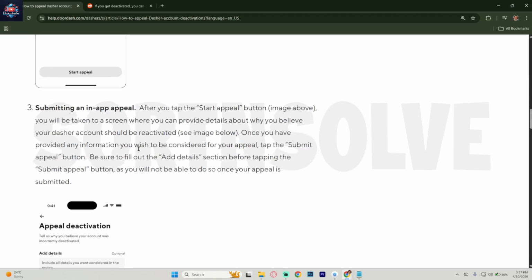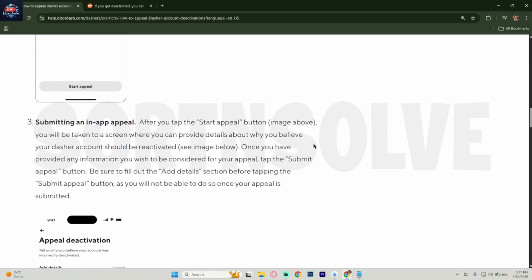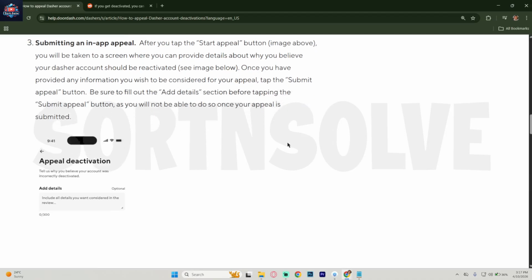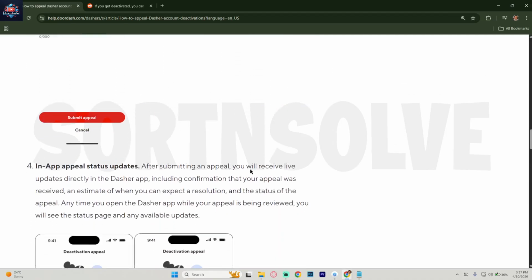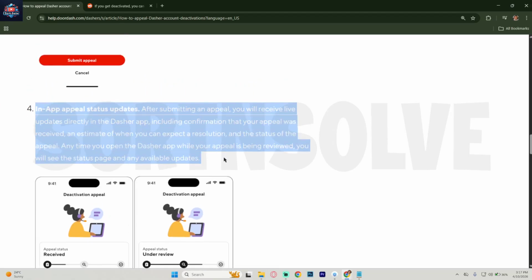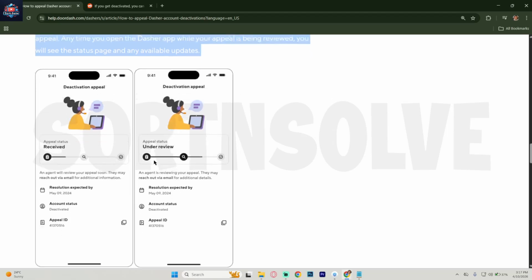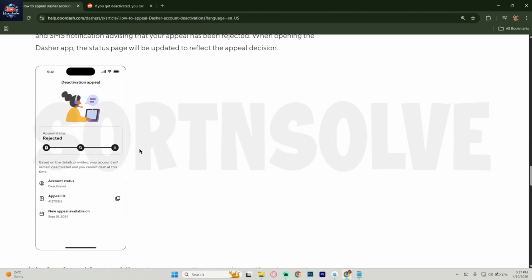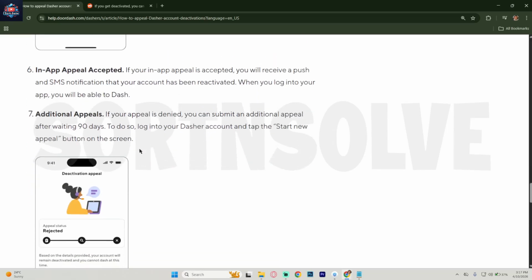Also, avoid creating multiple accounts because that can make things worse and delay reactivation. Be patient, as the review process can take some time depending on the case. Finally, keep checking your email for updates from DoorDash, and if your appeal is valid, your account should be restored